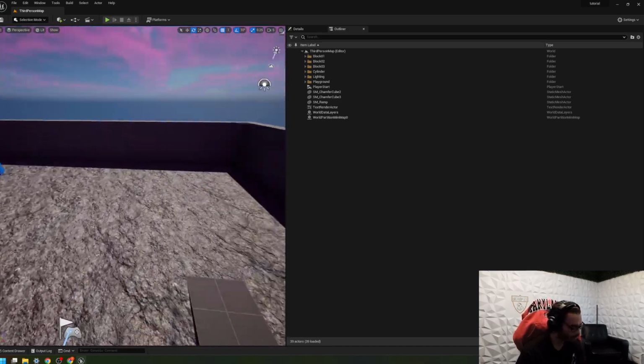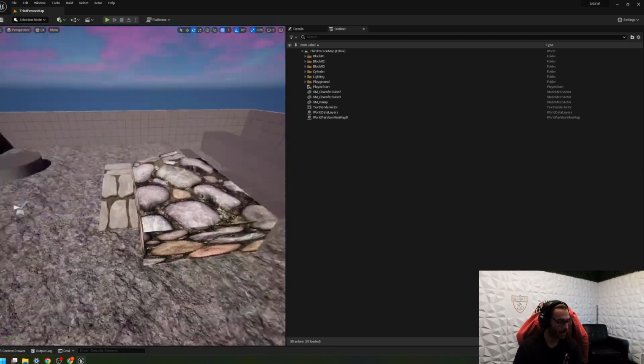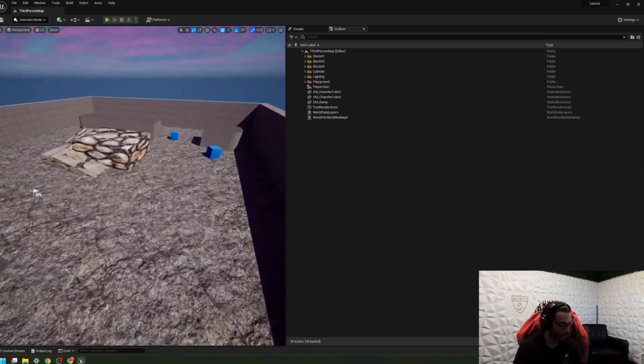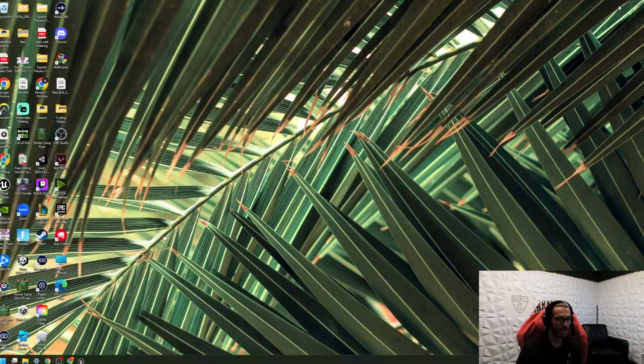All right, cool. So that's the basics here of, again, adding some new things, moving around, and changing up the lighting a little bit. Let's now look at Quixel Bridge. So to get Quixel Bridge, you're just going to click this arrow here, and you're going to click on Quixel Bridge. Now, if you go back to the Epic Games launcher,